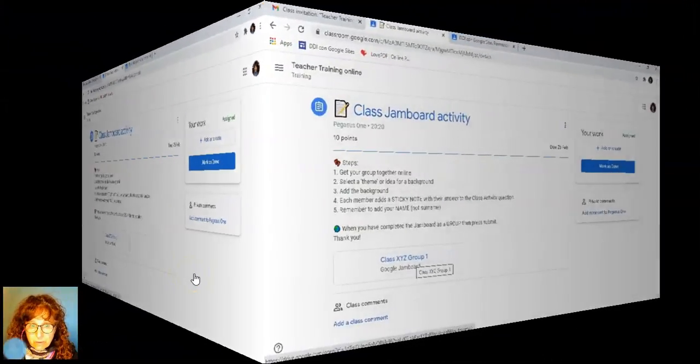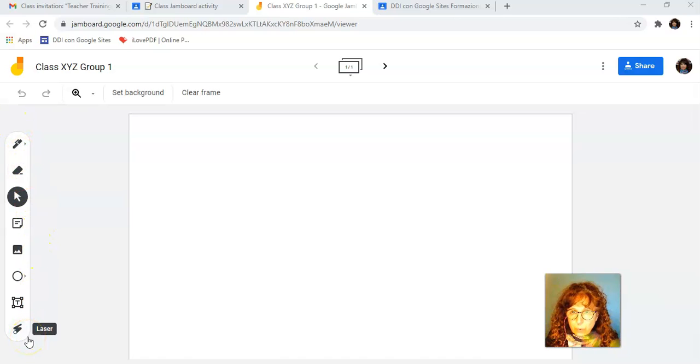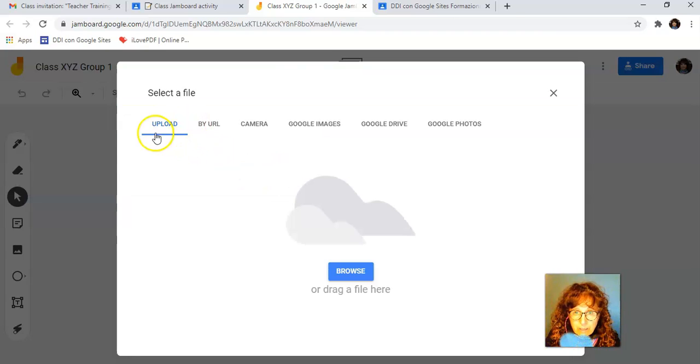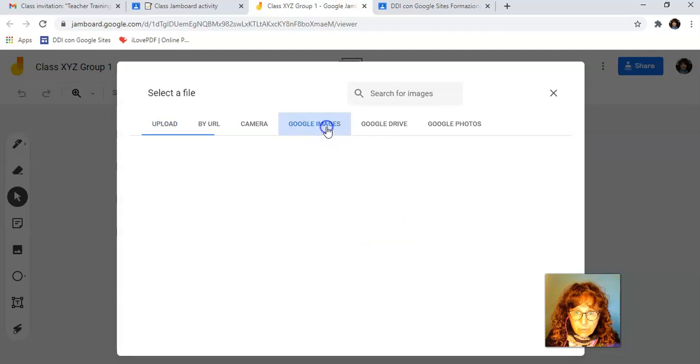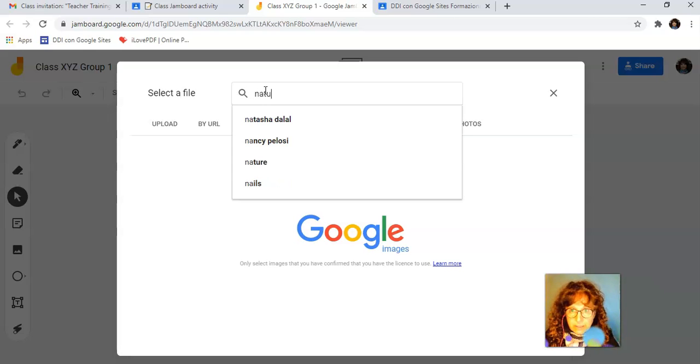So I'm just going to go in and open the Jamboard, and it will open up on a new tab, and here it is. On the left here are the tools that you have for the Jamboard. This will be the name of the Jamboard that you'll see up here that's already been given, and it's a whiteboard like this. So what we're going to do is you're going to click on set the background and go into add image. At this point we don't want to upload, we want to go into Google Images, and we're going to write, in my case I'm just going to use nature for example. I'm going to look for a nature background,